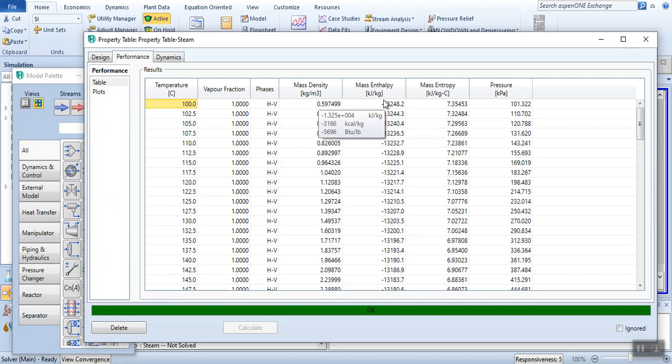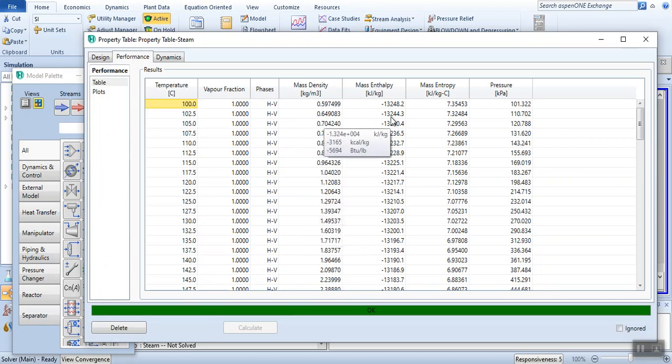So calculate the initial mass enthalpy at 25 degrees centigrade and 1.013 bar, and subtract it from these values, and you will get the value in positive.